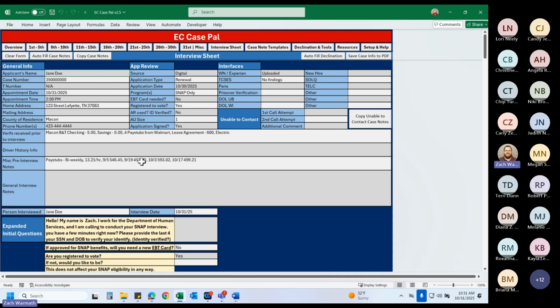So this is the information. This is our little fake case. Making bank and trust, checking, savings, 4 pay stubs from Walmart, lease agreement, electric, general information here. Household of 1, 3, however much we want to make it. So where we want to start, just going down,